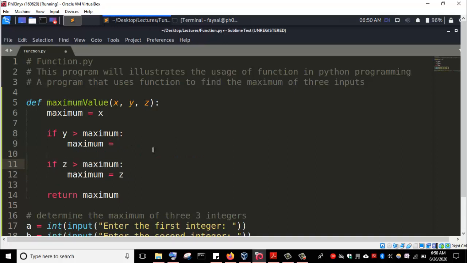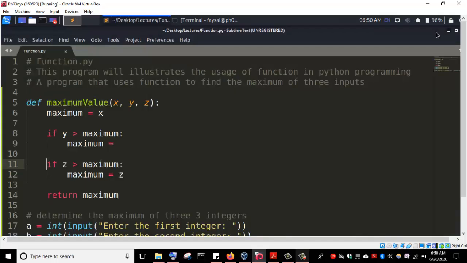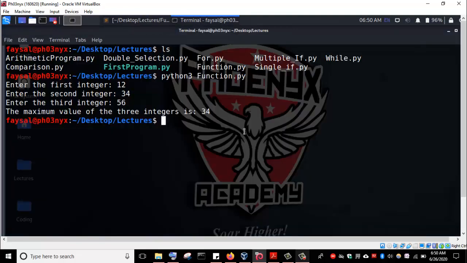Okay, so let me save it, and then let's run it again and see whether the problem has been rectified. Let me clear the terminal. Okay, so let me not clear the terminal. Let me run it so that we can see. Let's enter the same